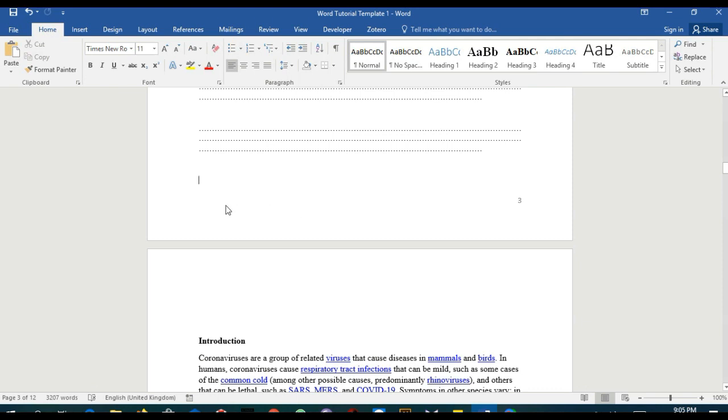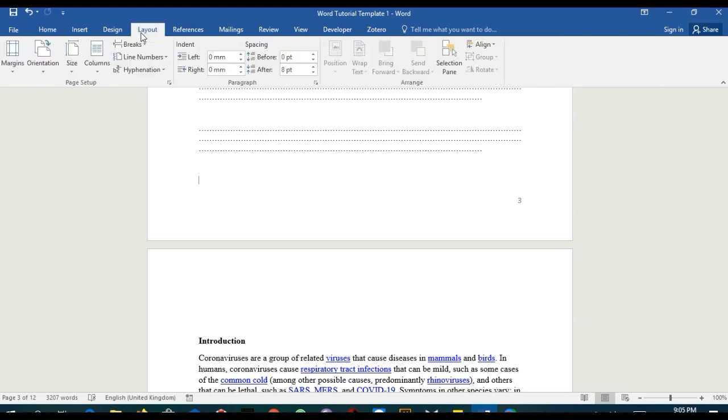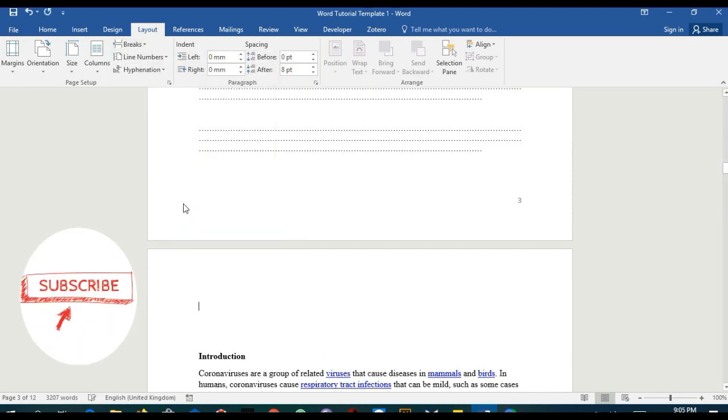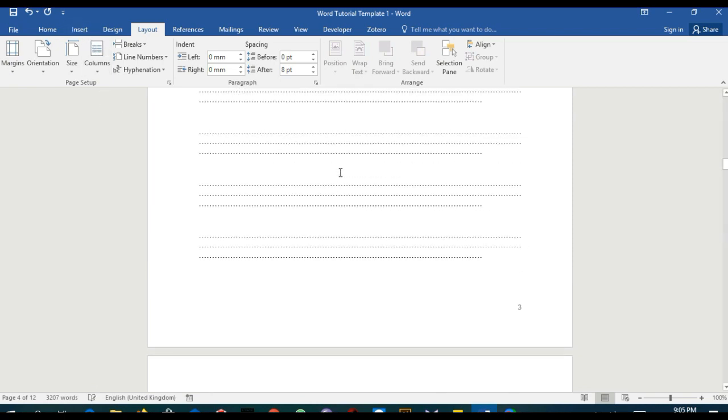So in order to break the sections, go to layout and breaks and next page. Before doing that, you need to click the upper section. So click after the section break, click upper area and go to page number